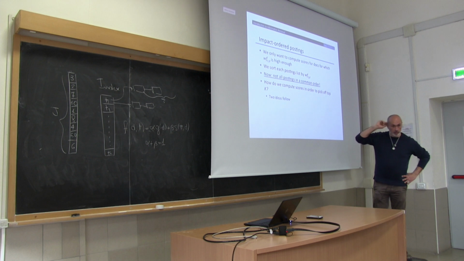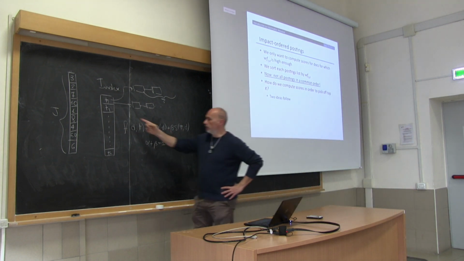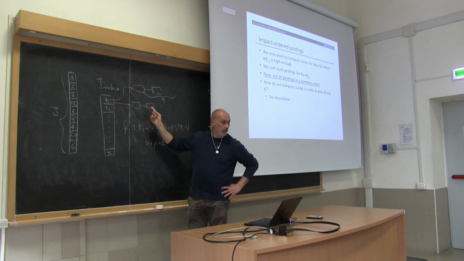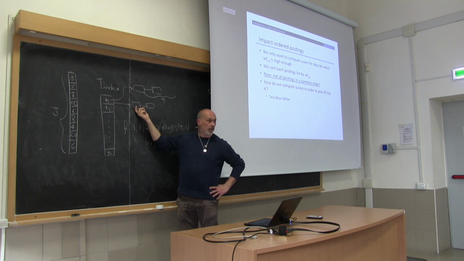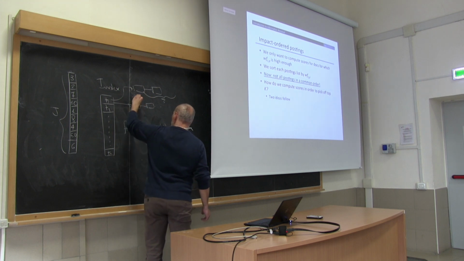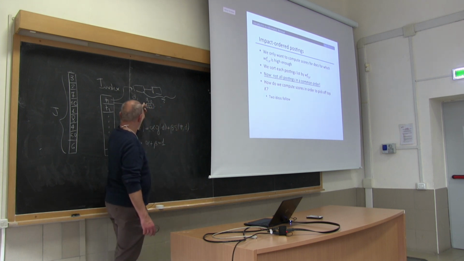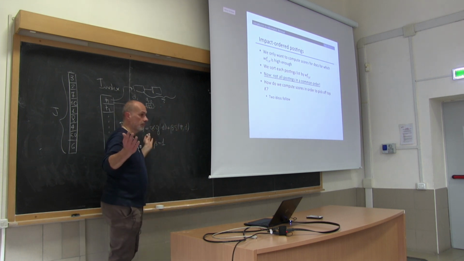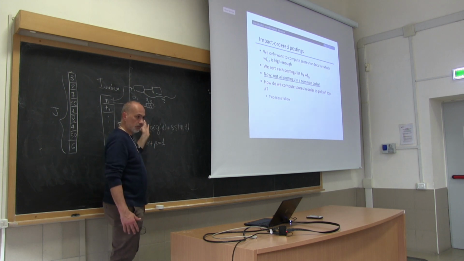One way is the following. Since every posting list describes one term, so it describes all the documents that contain the term, I can order this posting list according to the number of occurrences of this term within each document. For example, this first document, let's call it D1, will contain the term 100 times. Then there is D10 that contains the term 95 times, and so on. Documents 2 to 9 do not contain the term. Okay? I can do this, right?